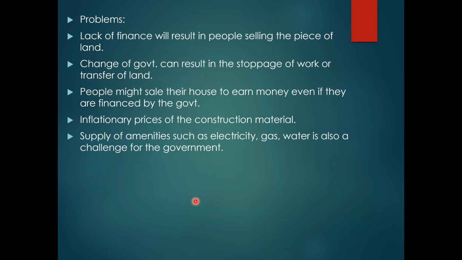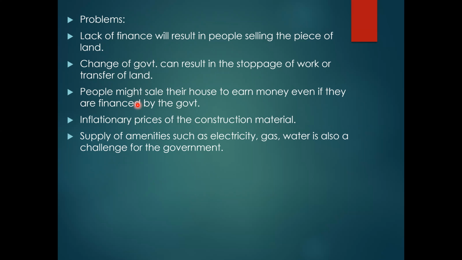However, there are certain problems as well, such as maybe the government might give the land to the people, but the people are still poor and there is a lack of finance, and the people might not be able to have the money for construction. So they will sell the piece of land and they will go away. Maybe the government announces to give the piece of land to the people and the government changes. So that is going to result in the stoppage of work or the transfer of land. Achha, there are some